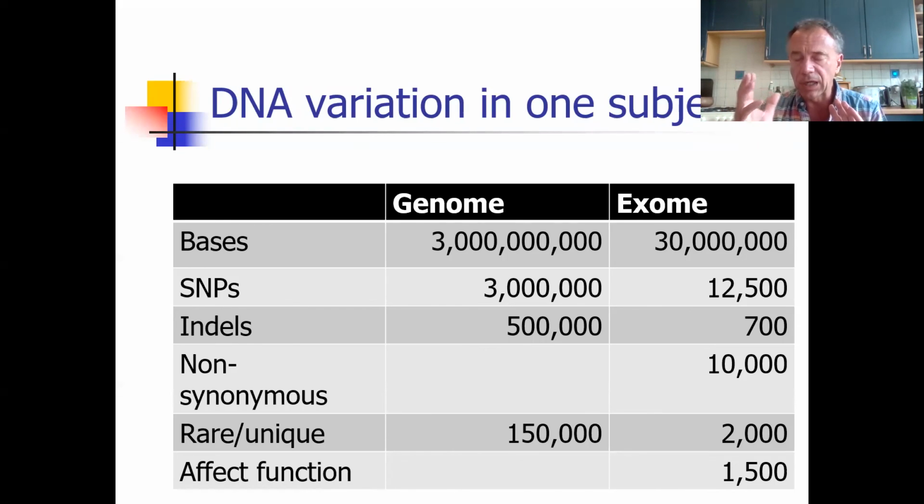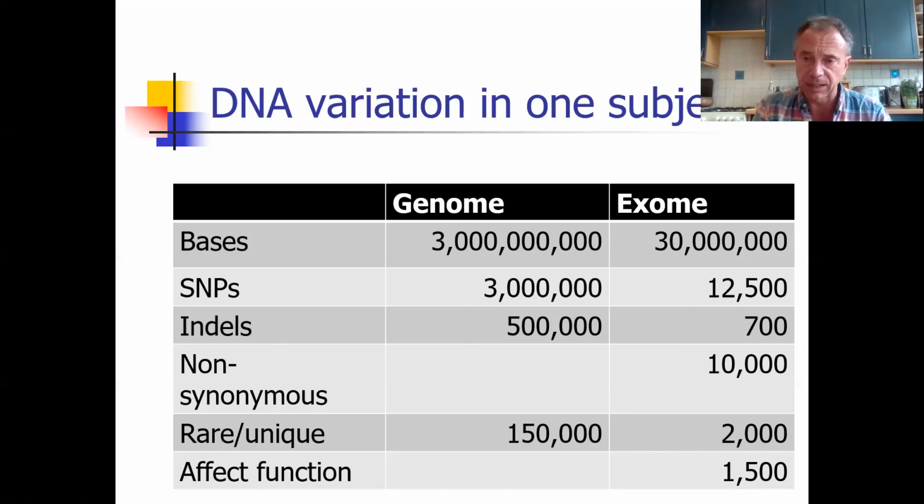You've got thousands of non-synonymous variants where the amino acid sequence is different between people, of which maybe 1,000 or 2,000 will be very rare and unique. So you will look at it and you will not have seen that before in anybody else, and you will not know whether that variant that you're looking at in that person, say with that disease, has anything to do with that disease or not, because you've never seen that variant before in anybody else. And so you've got many hundreds of variants which are likely to affect function,